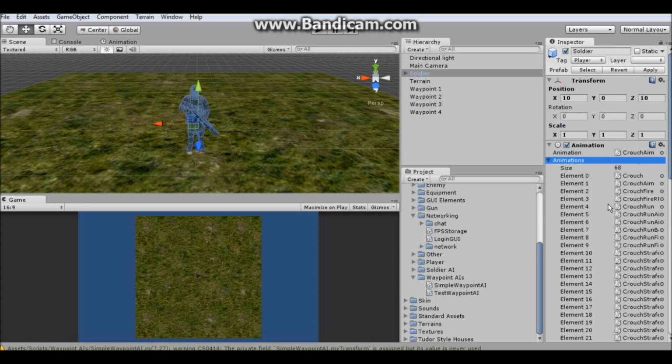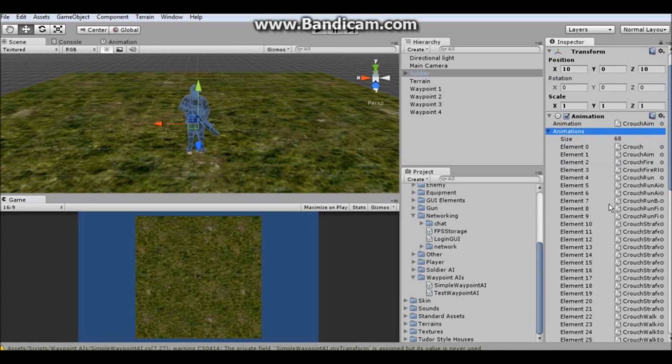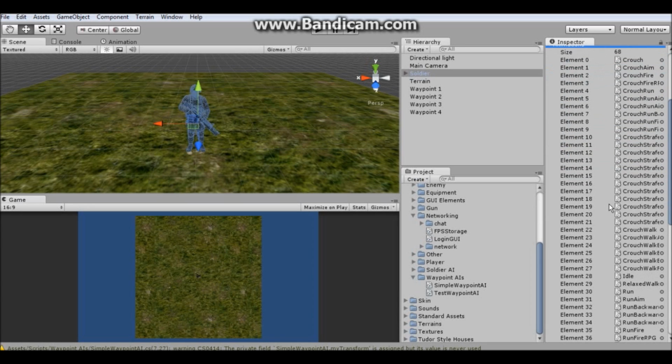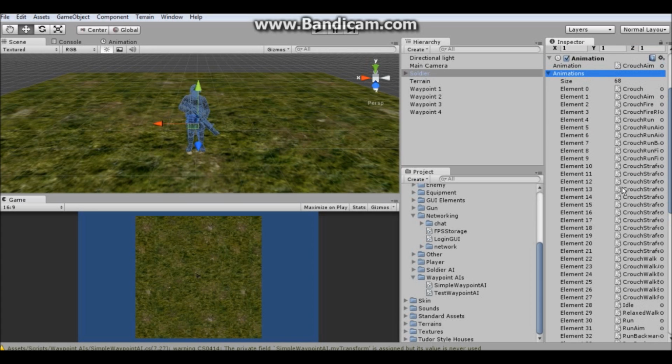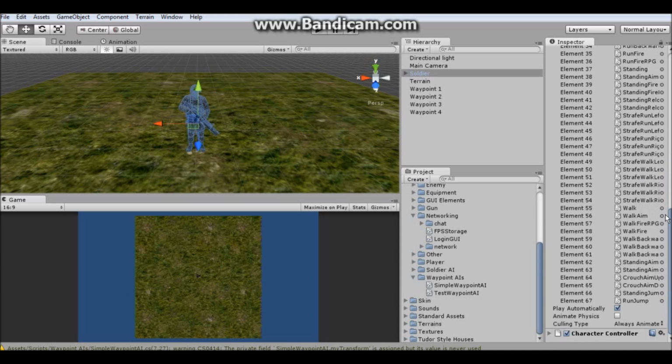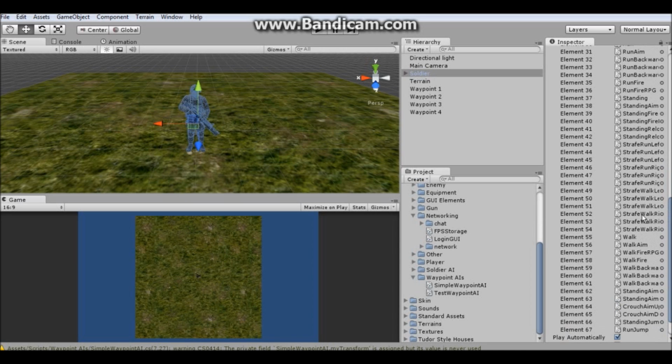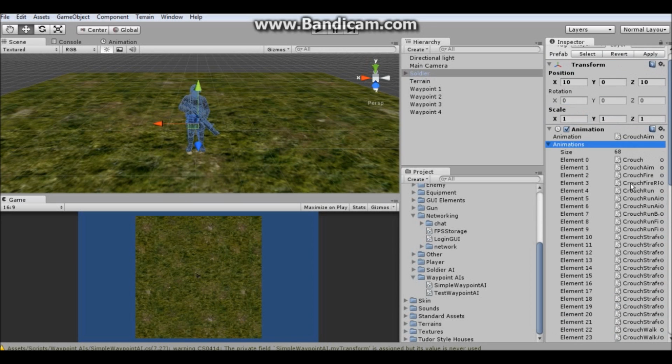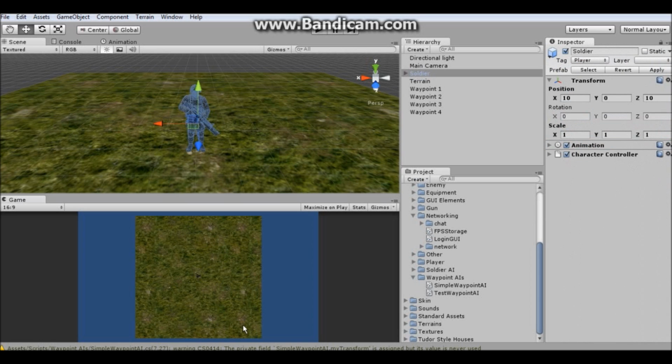Well, I'm actually not that good at modeling, so I'm just going to try not to get myself too down in the dumps on that. But you can choose any of these. There's RPG, standing, strafe. But besides the point,